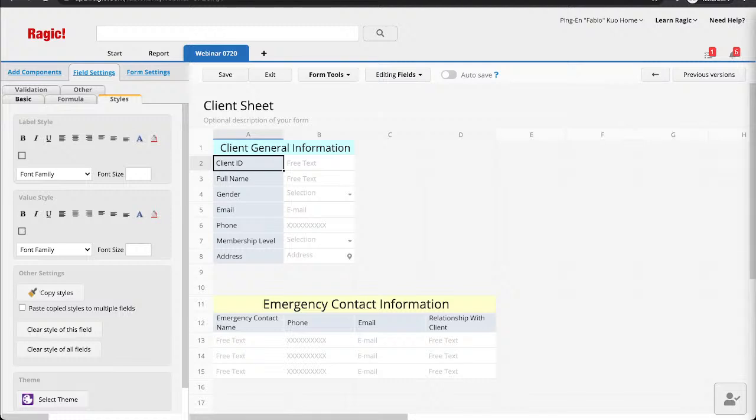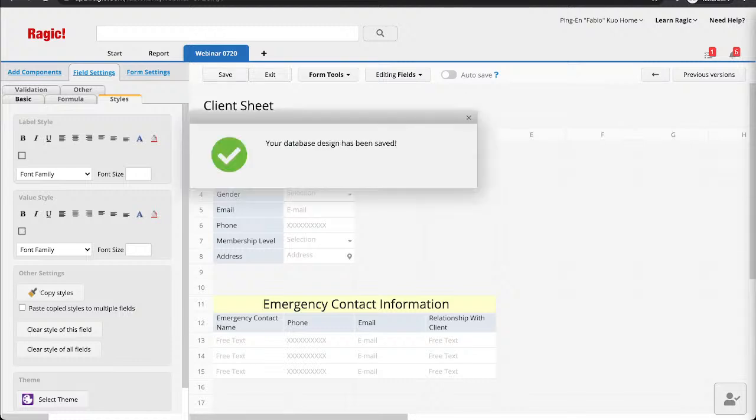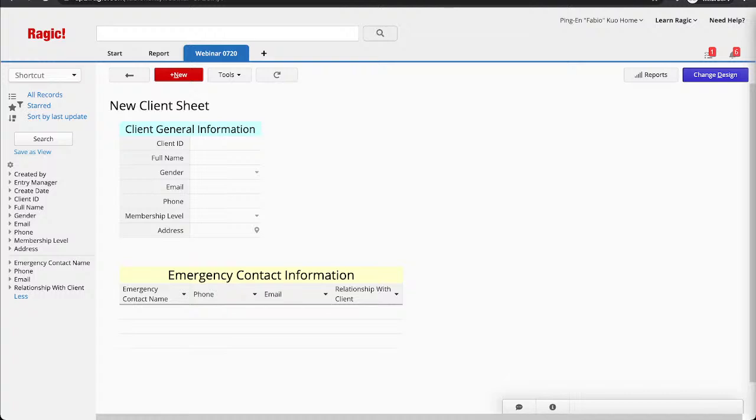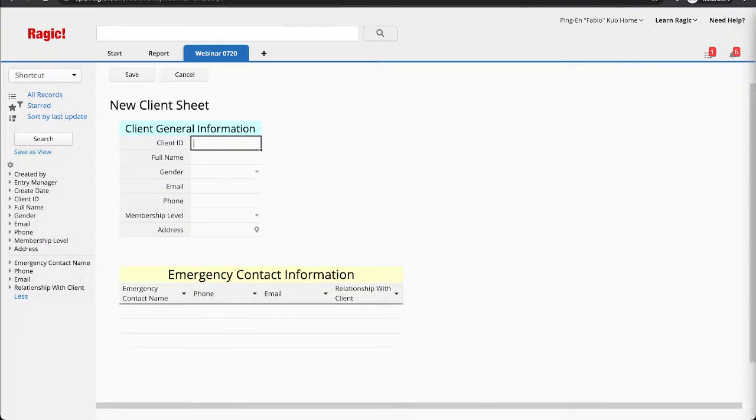And right now, click on this, click on save, and then your sheet will be saved. What you can do now is enter a client's contact information and their emergency contact information. So client ID, I'm going to enter my own ID. So ID 123, full name. This one will be myself. I'll say Fabio Quill. Gender male.